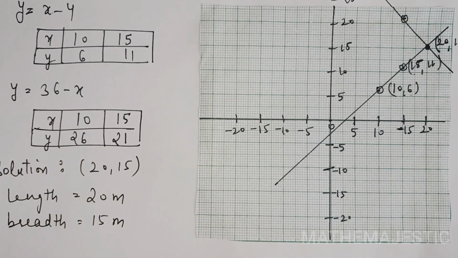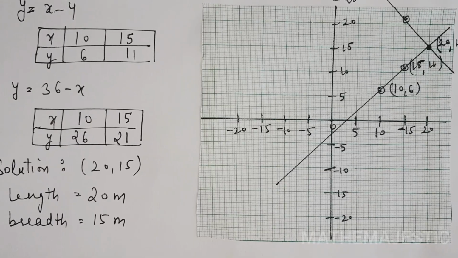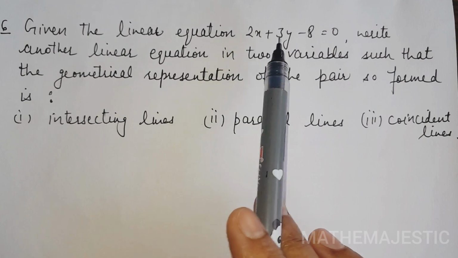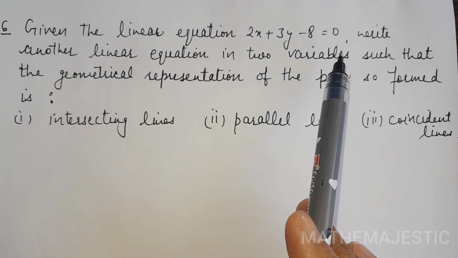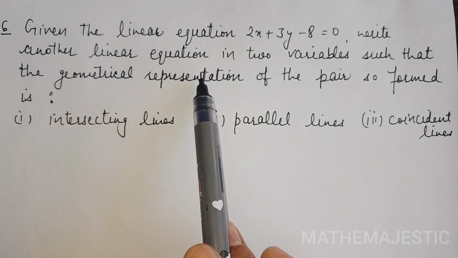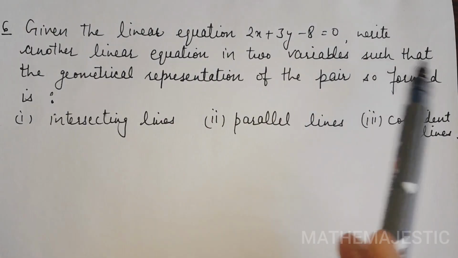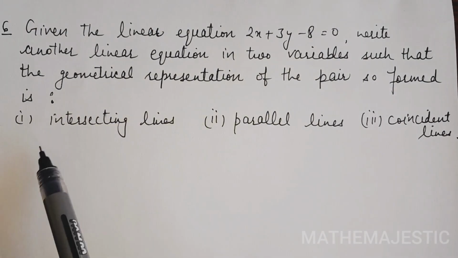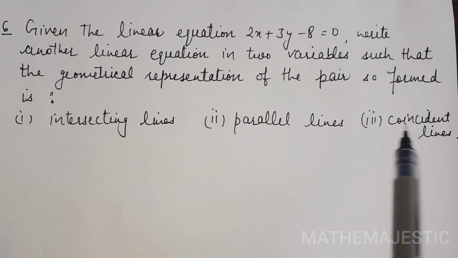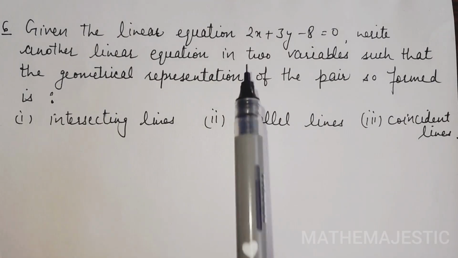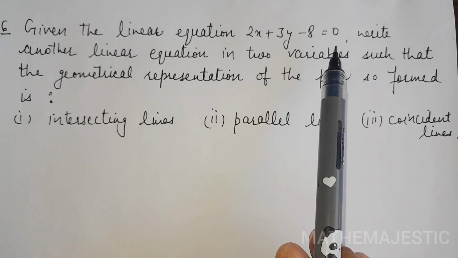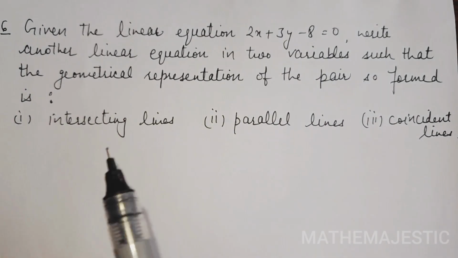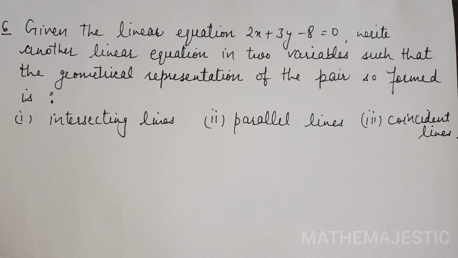Now we will move to question number 6. Given the linear equation 2x plus 3y minus 8 equals 0, write another linear equation in two variables such that the geometrical representation of the pair so formed is intersecting lines, parallel lines and coincident lines. Three parts are given. We are given only one equation and we have to find the second equation of the pair, by which the graph of the linear equations will represent